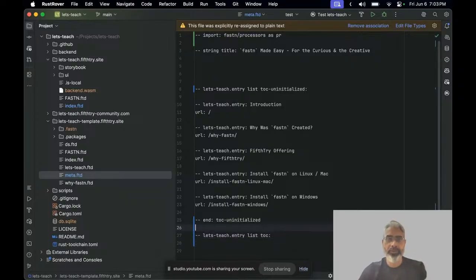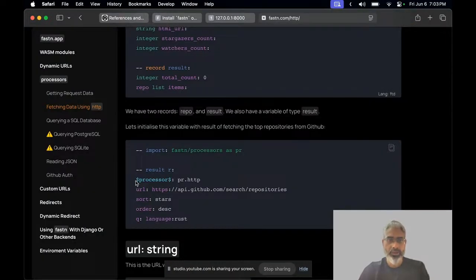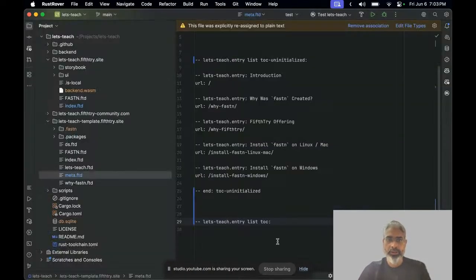It will have the same type, but the variable name would be TOC. And this time we are not going to hard code it. We are going to call the processor, the HTTP processor. So we are going to do this, and then we have to put a URL, and this URL is going to be, let's say, backend slash, because this is a WASM URL,